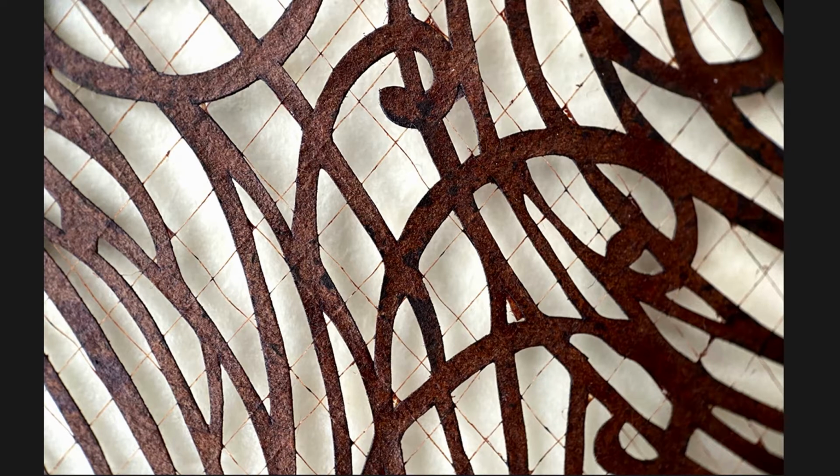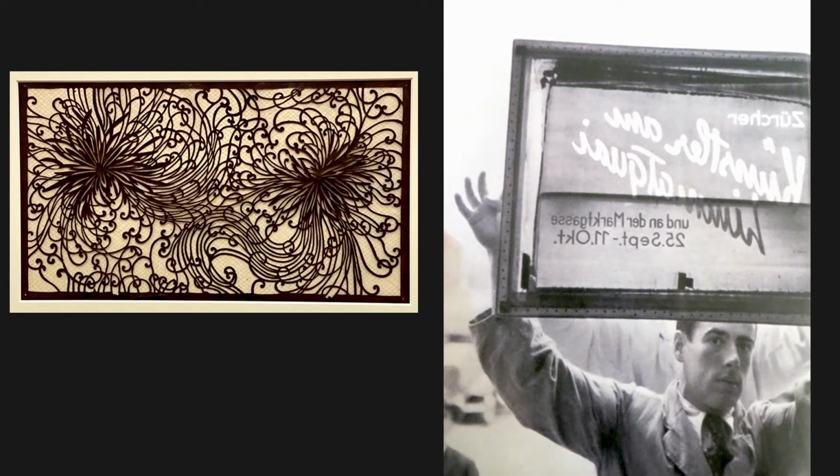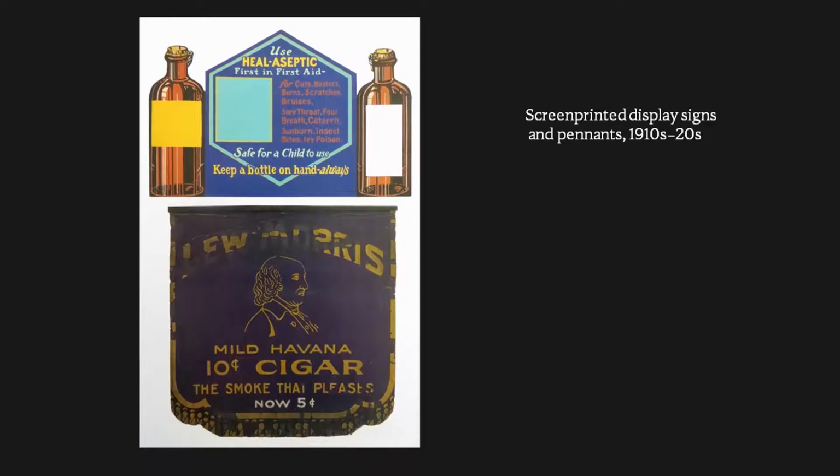But as an astonishingly fine tradition of hand craftsmanship, it developed in a different production context than screen printing as we know it. In 20th century screen printing proper, the screen mesh is much more closely spaced, and the mesh support, the screen, is ready-made, ready to receive the stencil. Now, screen printing per se was born as a commercial printmaking method. It was widely and rapidly adopted in advertising and display media, where it was prized for its ability to produce bold, flat, opaque color on virtually any surface.